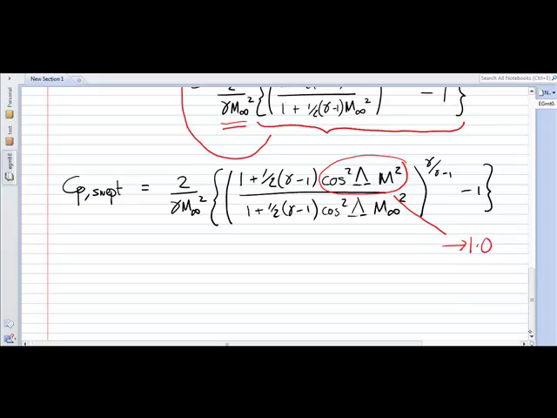So if we simply substitute in for this term here as 1, we can say that Cp swept star, where star now indicates that this is the critical pressure coefficient, is 2 over gamma M infinity squared, times 1 plus a half gamma minus 1, and then that multiplies by 1 over 1 plus